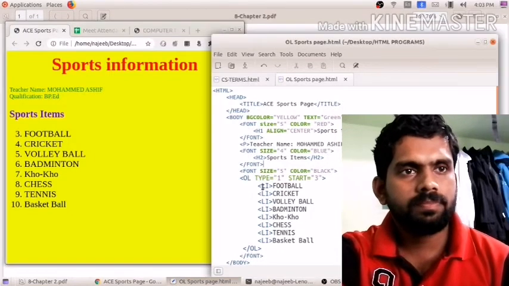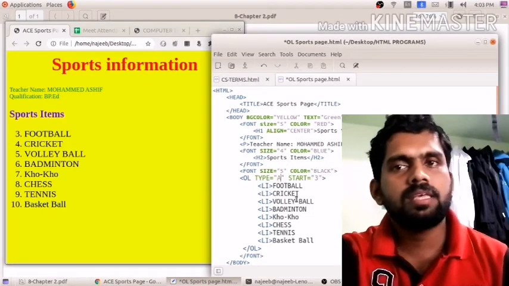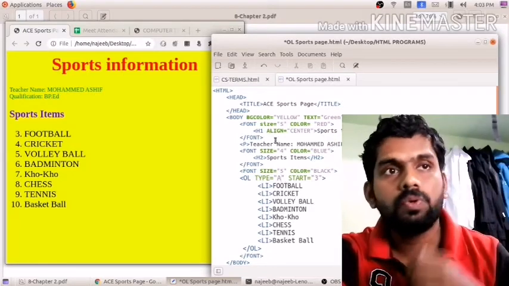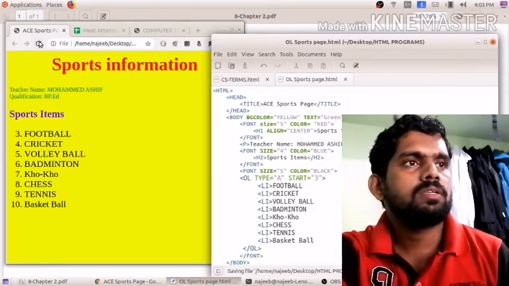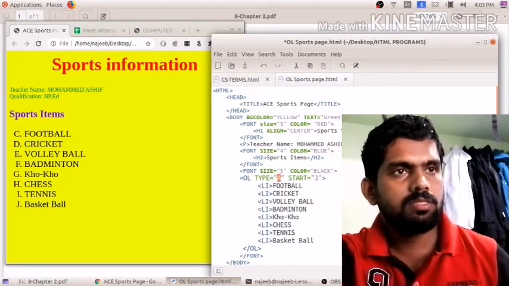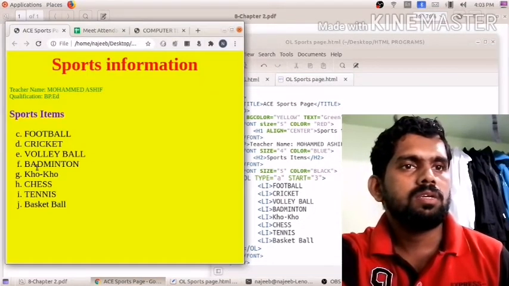Next, capital letter A: A B C, the third letter is C, so it will be starting from C, not from A. You see C D. If you are using small letter, then it is starting from small letter c d like that.